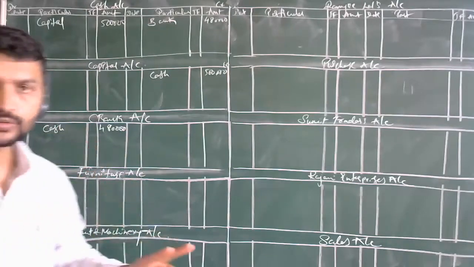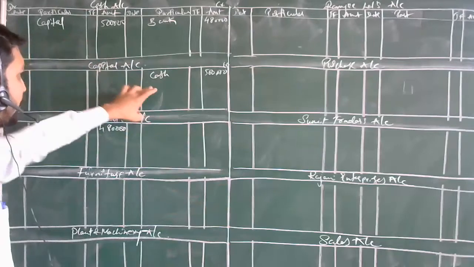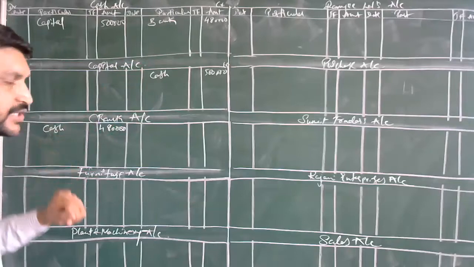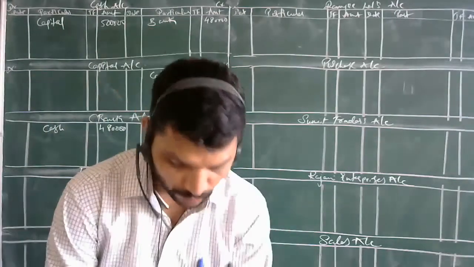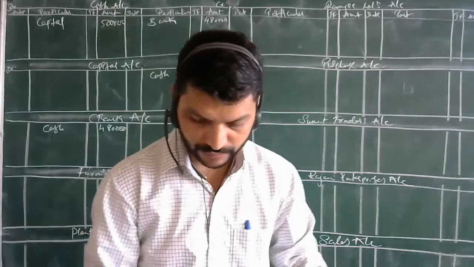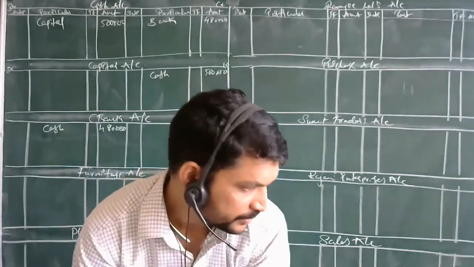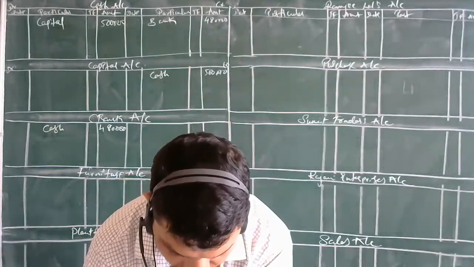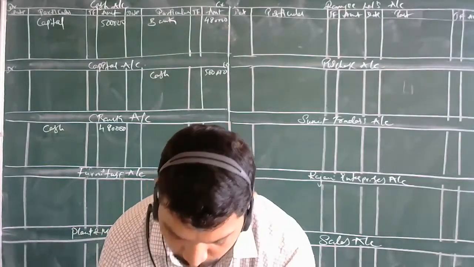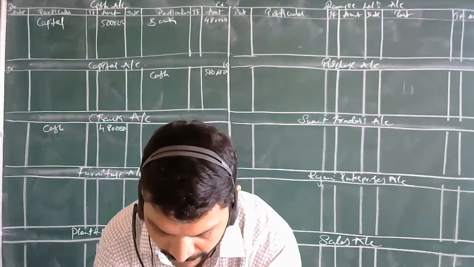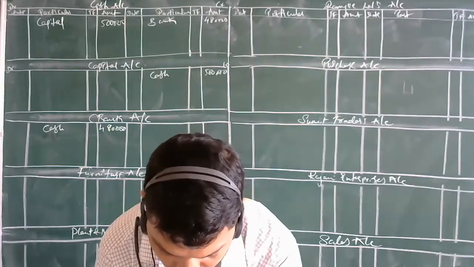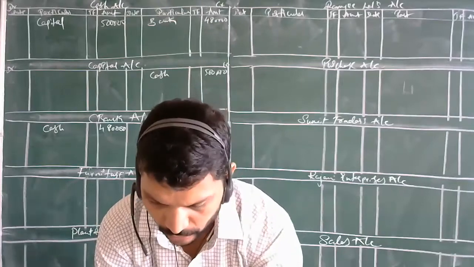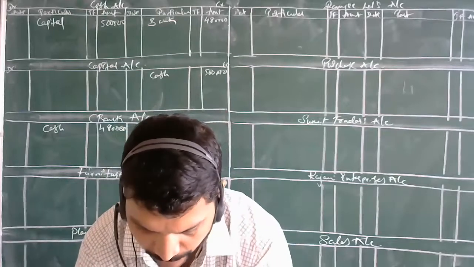Two journal entries got over here. First one, cash account debit to capital account. Second one, bank account debit to cash account. Next in journal entry: bought furniture for rupees 60,000 and a check was issued. Means the bank account will be affected here. So here we are taking furniture account debit to bank account, right? In this, bank account is affected.